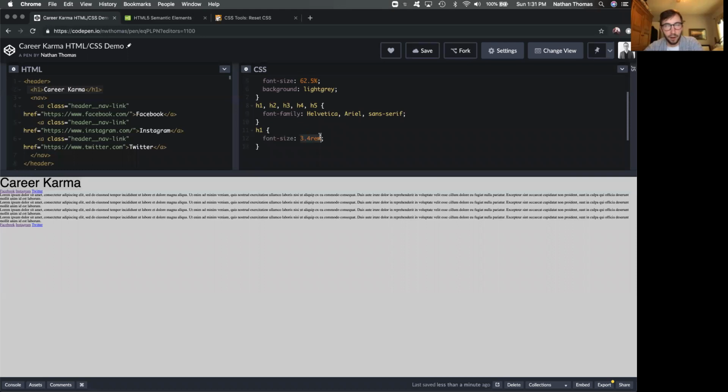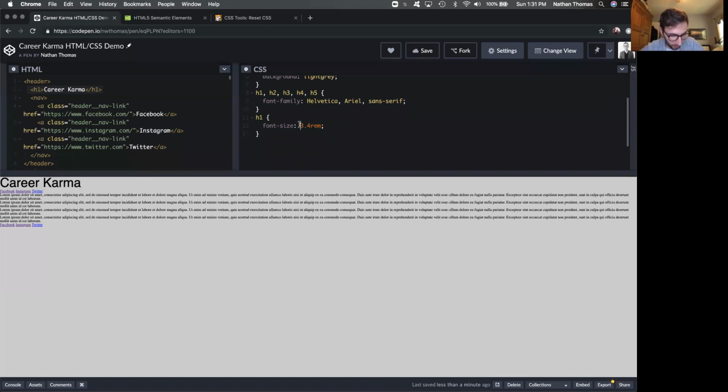Again, I'm going over this at a very high level, but a rem is essentially, and this gets back to this percentage, I am multiplying the user agent style sheet default font size, so that by defining rems here with font size, I am able to,